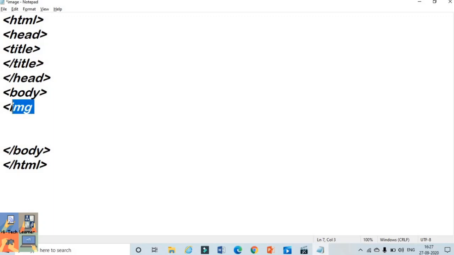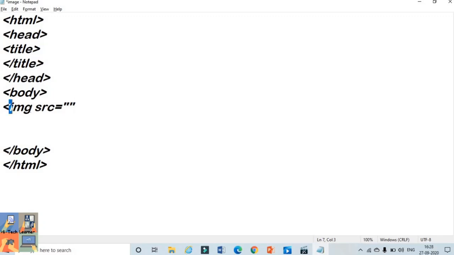Img is one of the tags which helps us to insert an image inside your HTML page. After writing the image tag, we will take the help of src, that is source, as an attribute equal to the name of the image file which you have already downloaded or which is already saved in your computer or desktop.